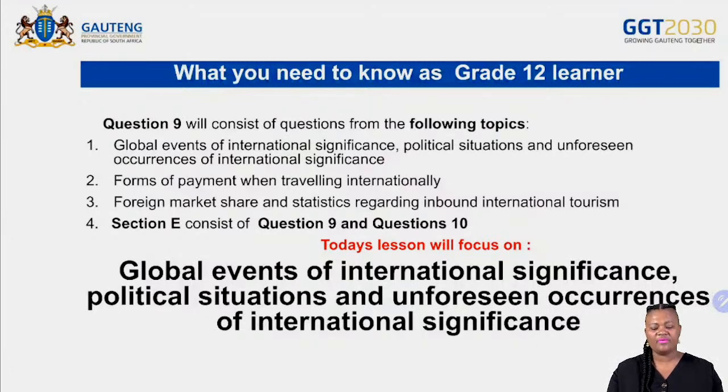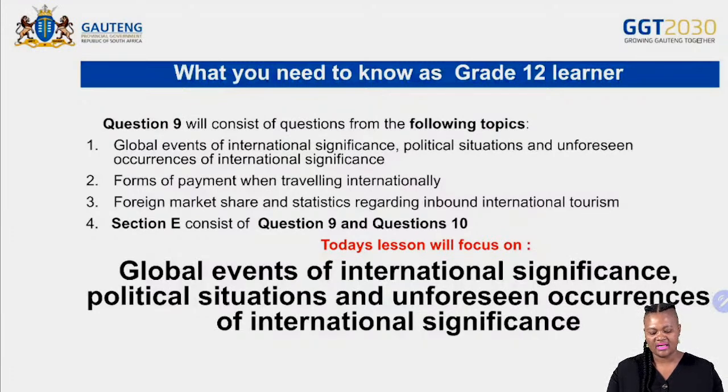The second one would be forms of payments when traveling internationally. Third one would be foreign market share and statistics regarding inbound international tourism. But you need to also be aware that section E consists of question 9 and 10. So though today I'm focusing on question 9,